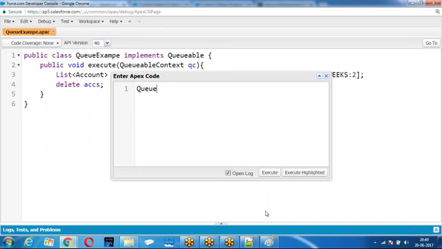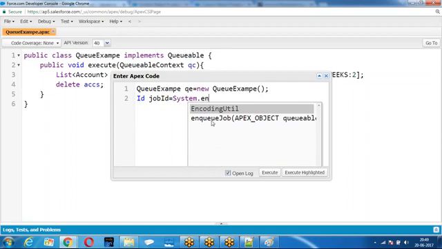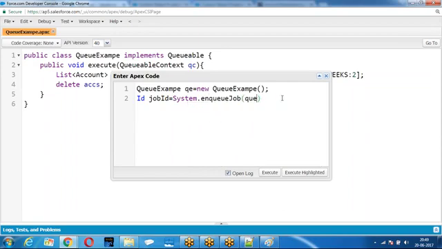First create an object for that class. Once you create an object, ID jobId equals System.enqueueJob, object of the class which implemented Queueable interface.